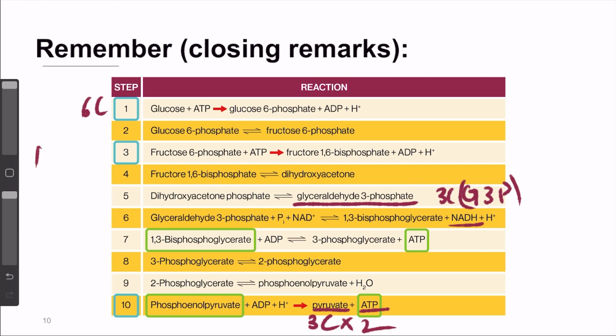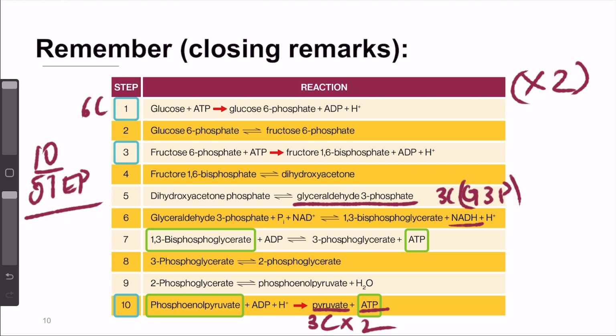Now remember, this is the 10-step reaction for just one pyruvate molecule. This reaction twice will give us the net gain, which would be 2 ATP, 2 NADH, and 2 pyruvate. While we know that what was actually formed was 4 ATP, 2 NADH, and 2 pyruvate. And that is it for our review